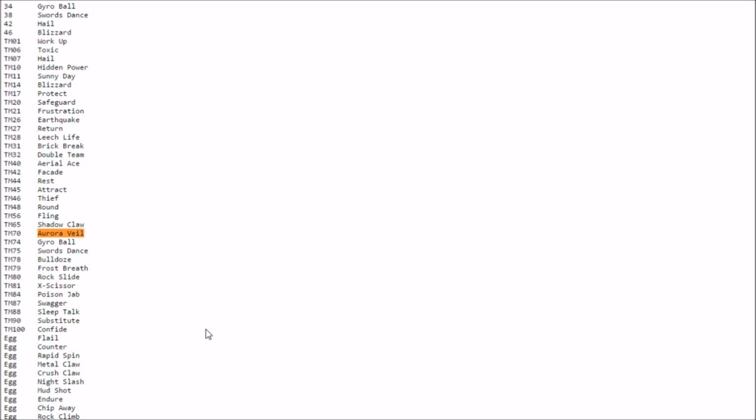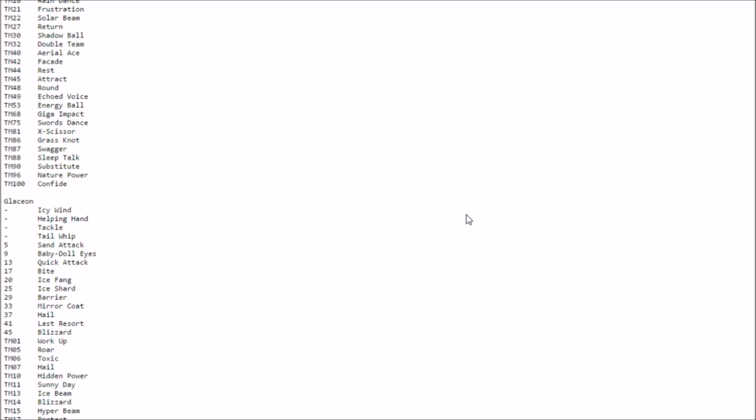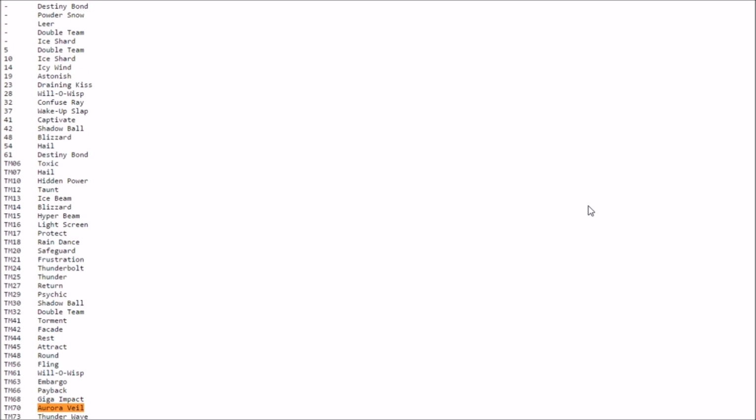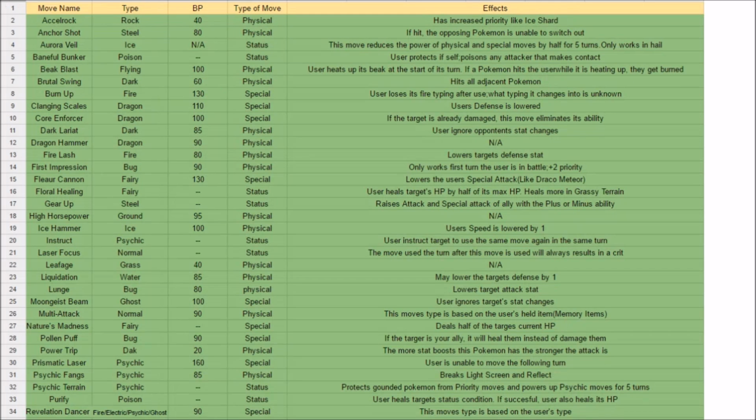Now, just searching through this document, there's only 13 Pokemon that get it, which seems a little low for a TM, so I'm just gonna randomly click around. I'm not gonna list off all 13 Pokemon. Once the TM data comes out, it'll be pretty easy to figure this one out, but with Glaceon, that's gonna be a Pokemon that gets it, and what other Pokemon? We have Frosslass, so a little bit of a mix on this Aurora Veil,